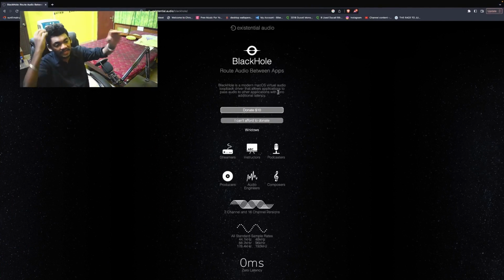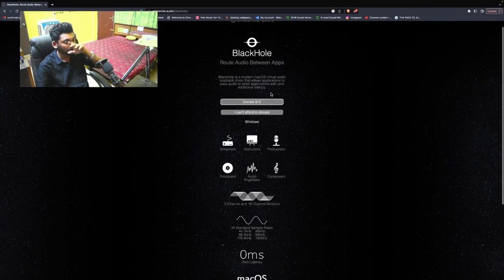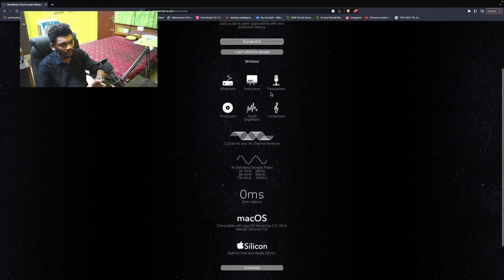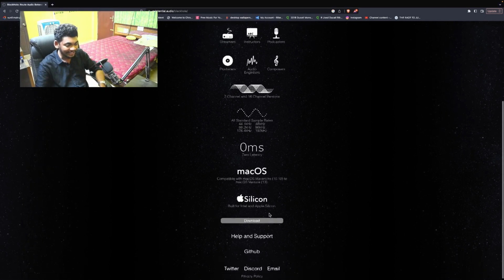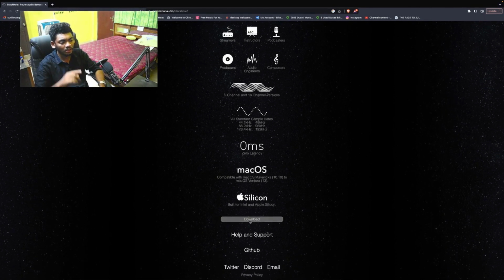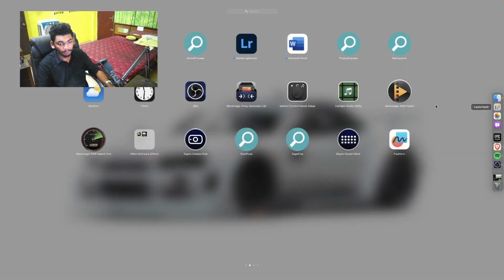This is the actual BlackHole web page. Do not worry about any of this, ladies and gentlemen. You can see right now it explains what is happening: all the standard frame rates, zero latency, compatible with macOS. Remember to update your macOS to the latest version, ladies and gentlemen, and just hit download below, and it will start downloading on your system, and you can save it wherever you want. And after doing that, always make sure to do a little bit of custom work